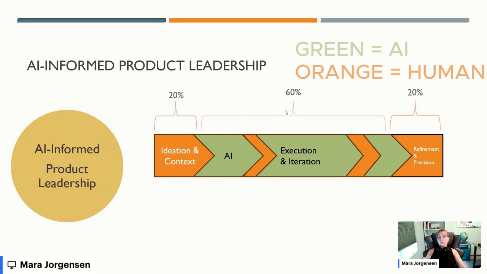Now, how I have experienced this is that about 20% of the total work that needs to be done is you as a human giving the ideation and context to the AI, telling it we want to build a new application, it does XYZ, write me the PRD. The AI can then do, with iteration and your feedback, about 60% of the work. So it can get to the results much faster than you could if you spent days or weeks laboring over